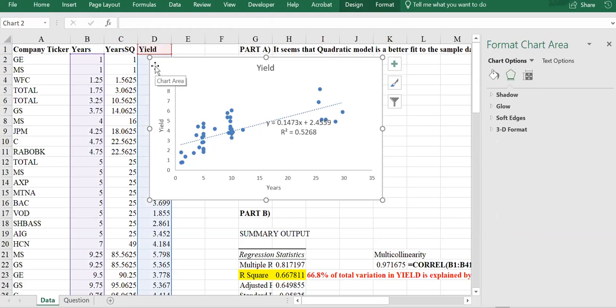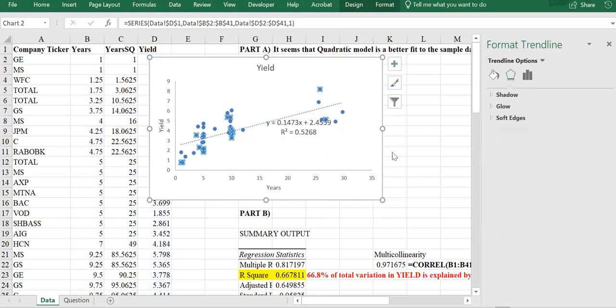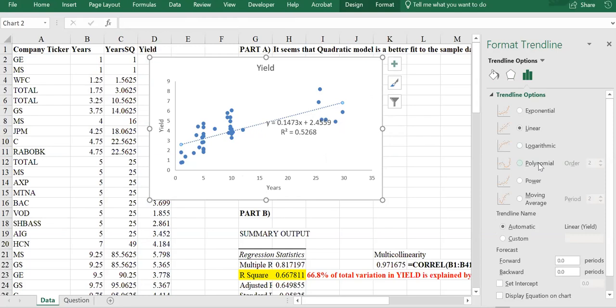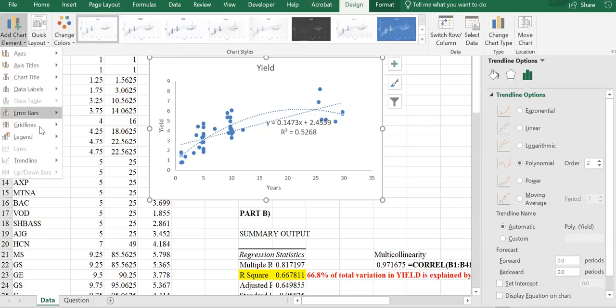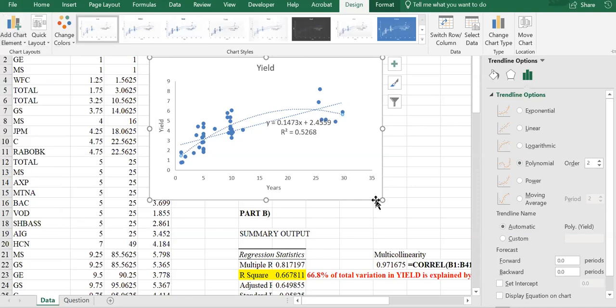Now I'm gonna add another trend line. If I just click on the graph one time and then right click on one of these points and add trend line, it's gonna add a different trend line. And it's gonna allow me to change it to polynomial with the second order, right? Or you can add it from design tab, add chart element, trend line, and just maybe you just add another linear and then change it to polynomial,